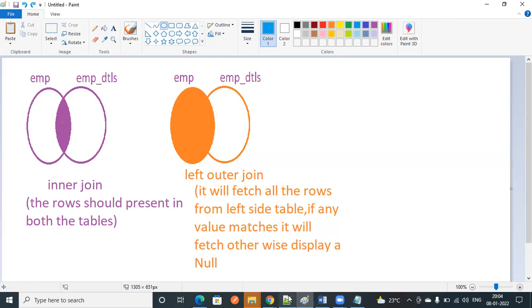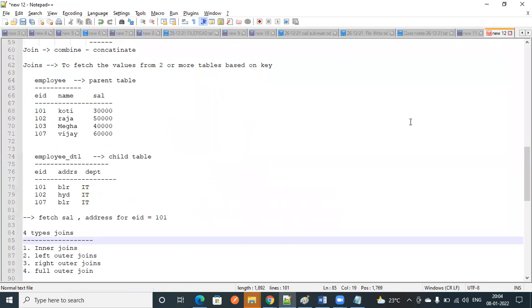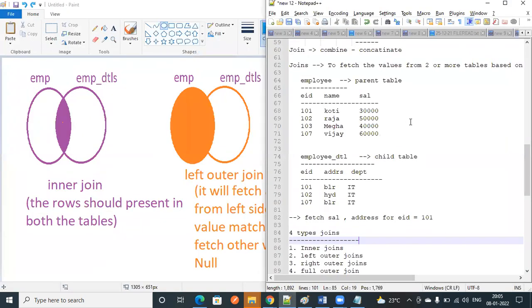So now you can tell me by seeing these diagrams. What are the values it will come for inner join? Inner join is nothing but Employee ID. So what are the values it is matching in both the tables? 101, 102, 107.